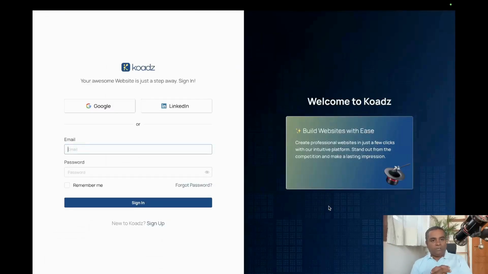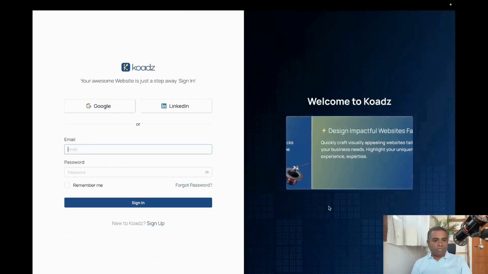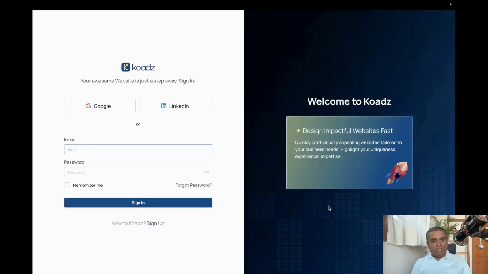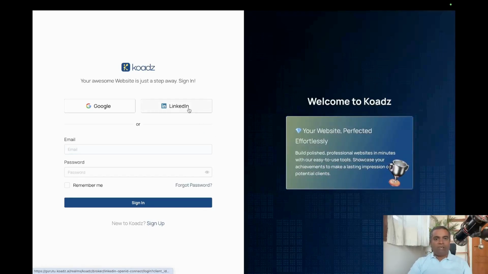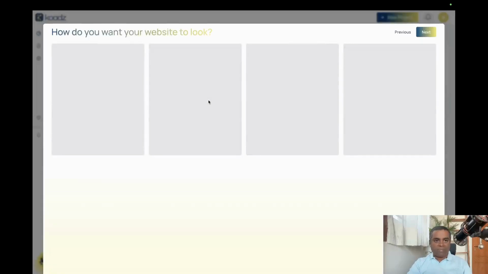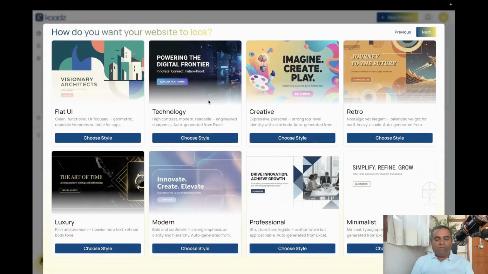Now it asks you to sign in or sign up. Pro tip here: the quickest way to get onto Koadz is through your social login. I already have one created on LinkedIn, and then I'll just select it. So now it remembers that you had asked for it to build a website, and now it's asking you